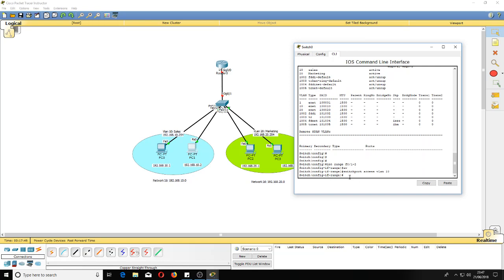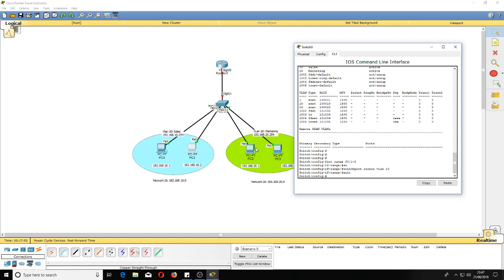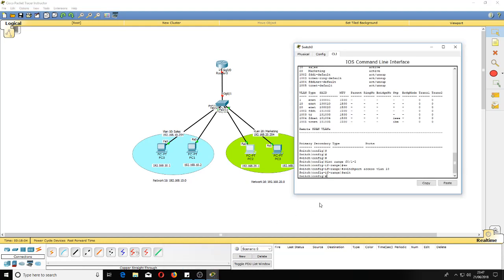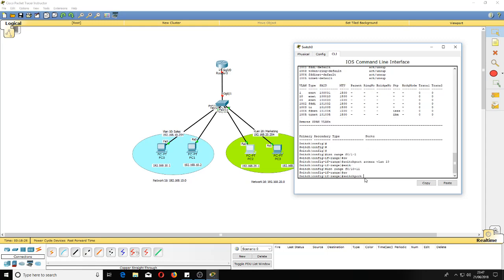So now you're still in the interface mode. Come out from there, and let's do the same thing for these two. This is port number 10, and this is port number 11. So let's make port numbers 10 and 11 members of VLAN 20. The same way, you say interface range f0 by 10 to 11. Make sure you have come out from the interface range mode. You should be in the global configuration mode now, because you're configuring other interfaces. Then again the same thing, switchport access vlan,